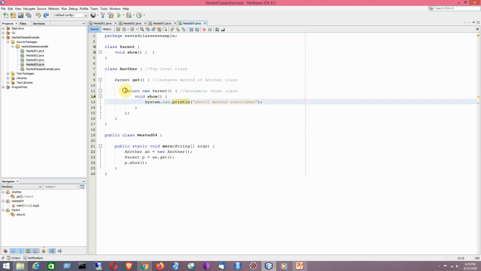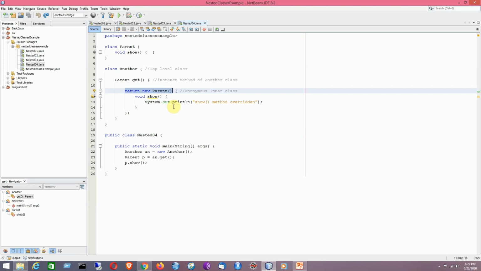It is basically having a class-like structure, and because a class can have fields or methods, and show is a method, you can think that it is basically a kind of class, though the class is not having any name. That is why I can say it is an anonymous inner class. That means a kind of nested class which is defined locally within a method and doesn't have any name.